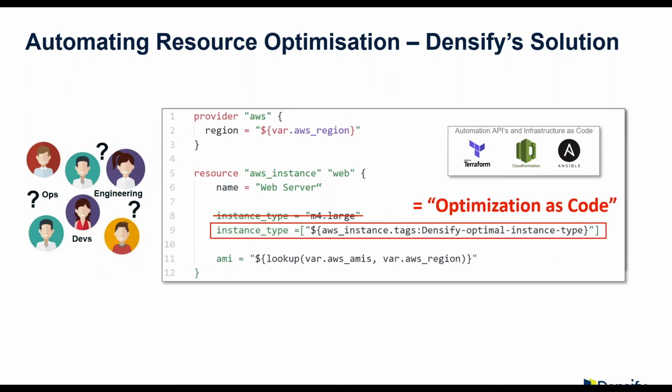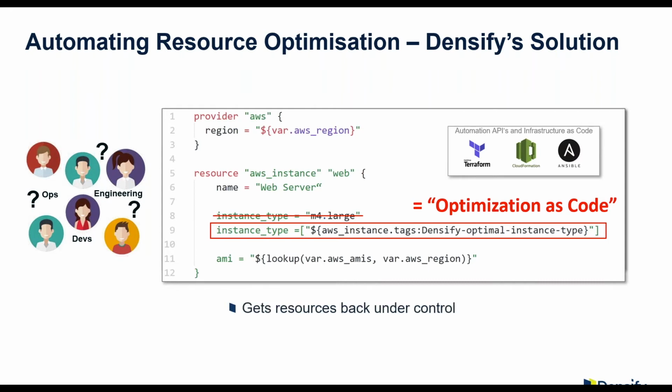We're changing those hard-coded entries to variables, so that the call out is to say, Densify, tell us what I should stand up for this workload type. And obviously, if there is no workload history, because it's the first time this service has come into existence, then the default value will be set. Once we've built up enough workload history and are able to provide an analysis, that recommendation can be automatically fed back into the process to ensure that you're optimizing as code as you go along.